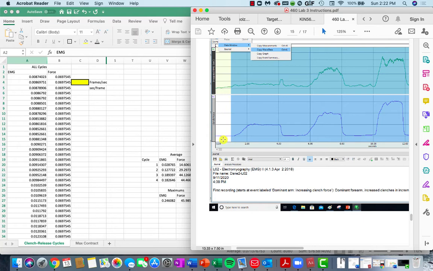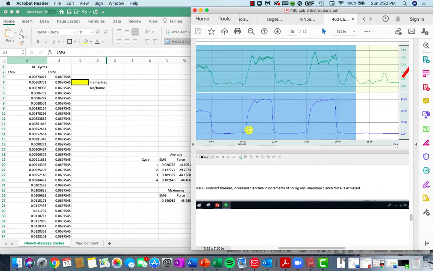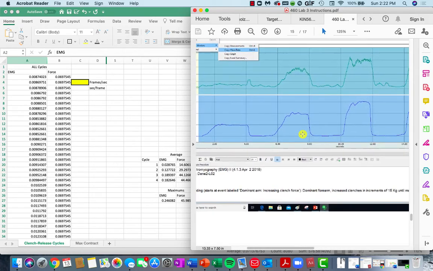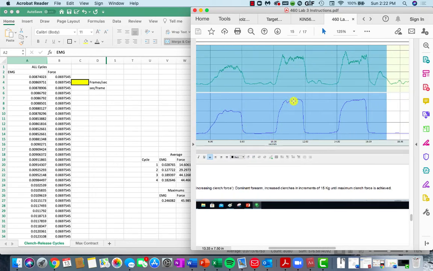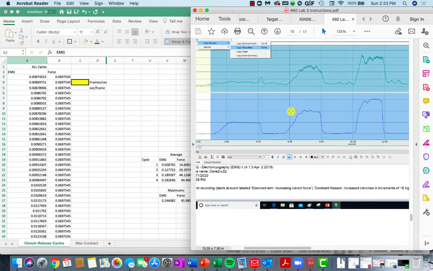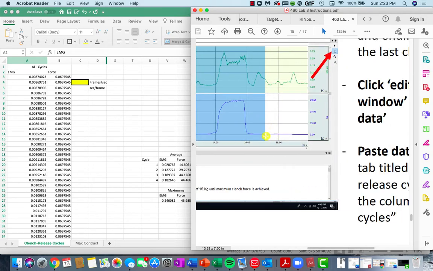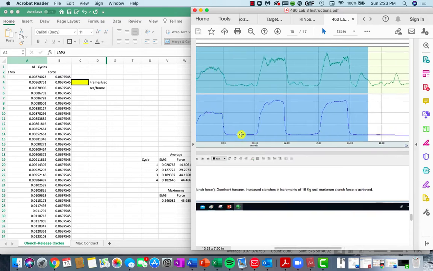you're approximating where 1 second prior to the first clench would be, in addition to 1 second after the last clench is released. So in this example, Dane was the one who was squeezing the hand dynamometer. So we have 4 cycles that land within approximately, right, 1 to 17 seconds, which would be 16 seconds for